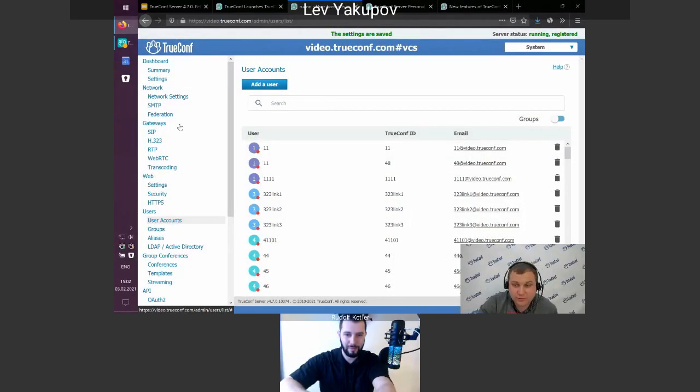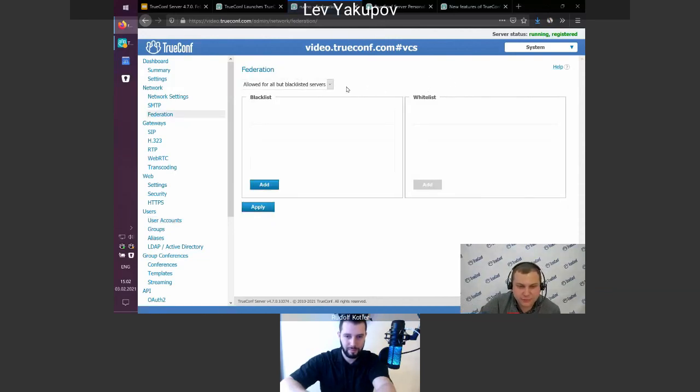If you'd like to invite people from foreign servers, let's say outside servers, into your private calls, this is called federation. This is something that has been available for the whole time. You have to add the server name of the remote server in the control panel for administrators in advance. There are two options.